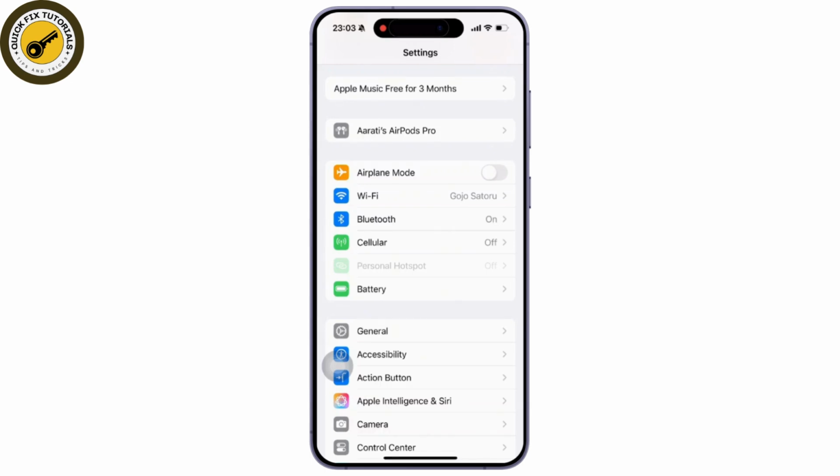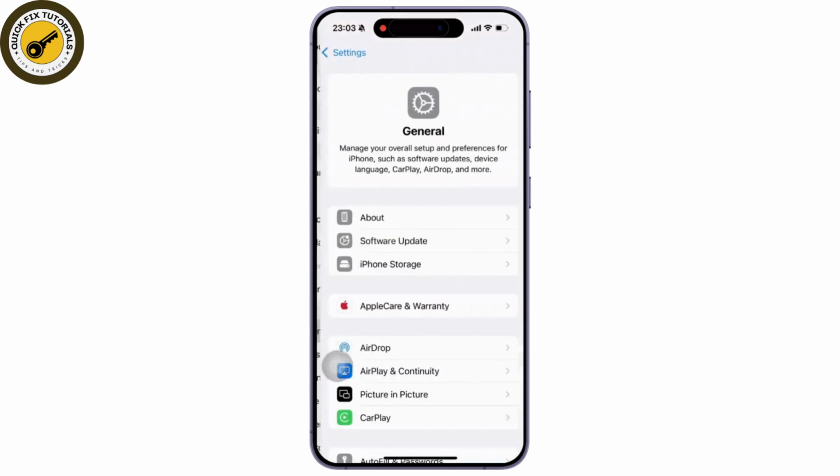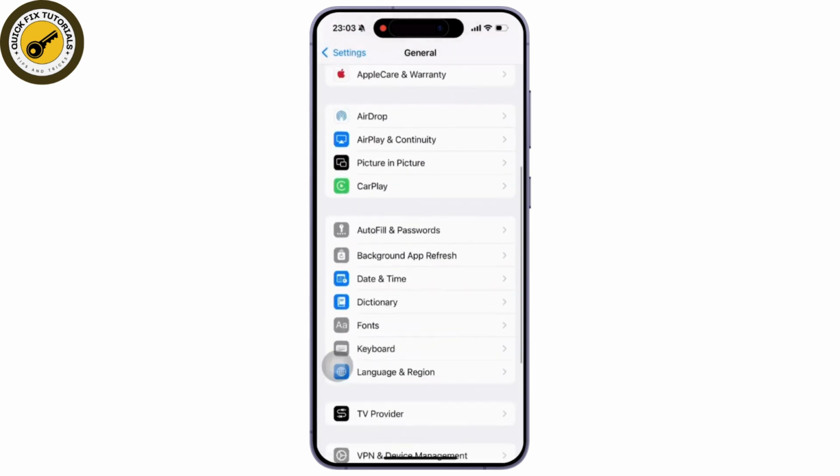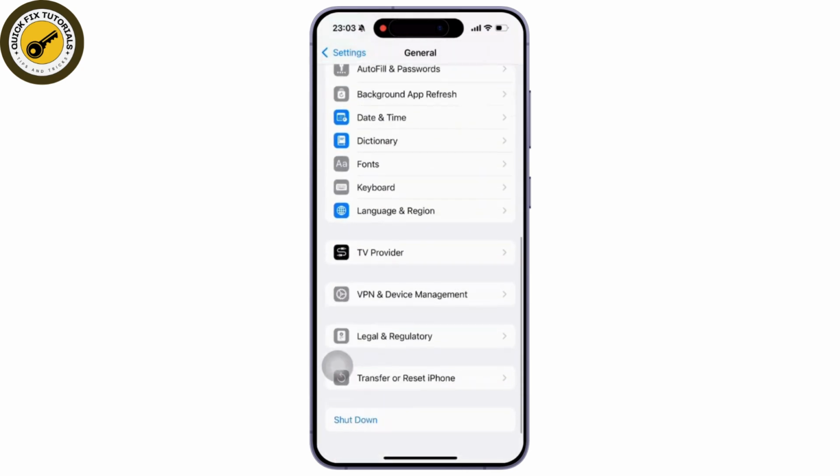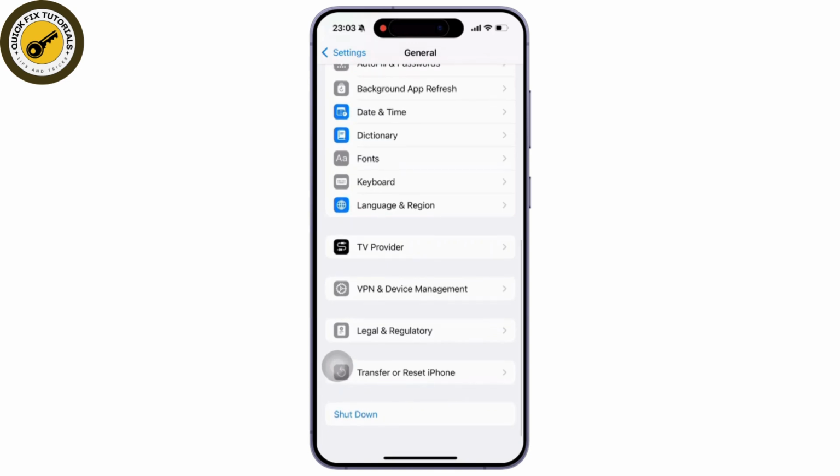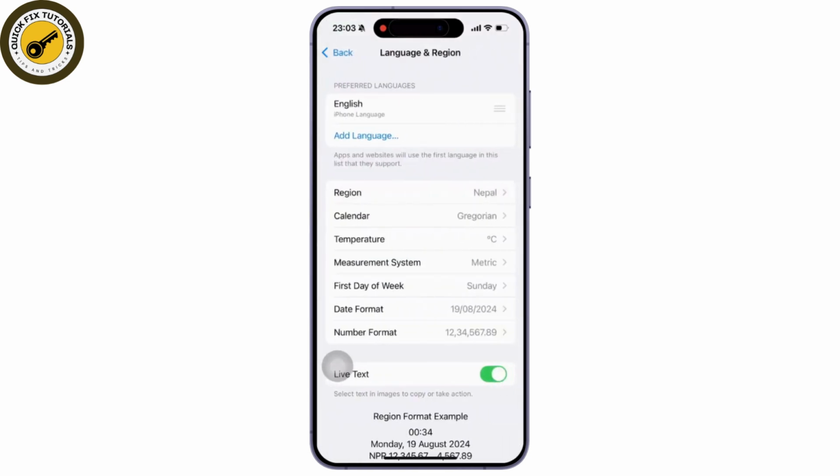Now, once done so, simply go to the Settings app on your mobile device. Inside the Settings app, scroll down and tap on the General option available there. Now, once inside General, simply scroll down and tap on the Language and Region option available there. Once you tap on Language and Region, simply tap on the Add Language option available there